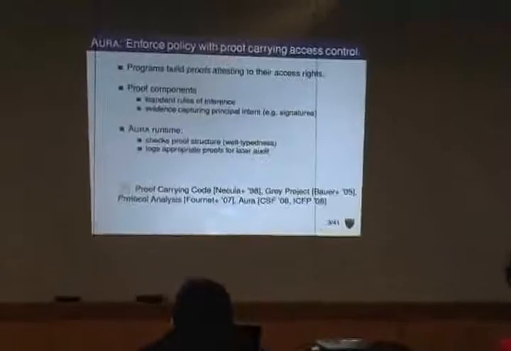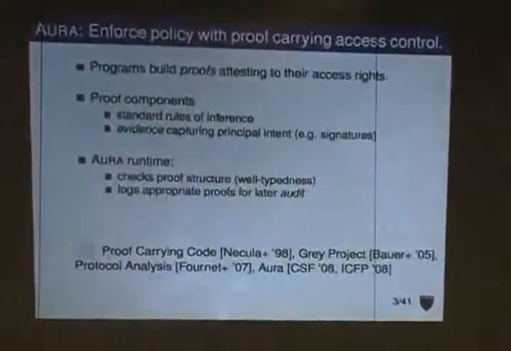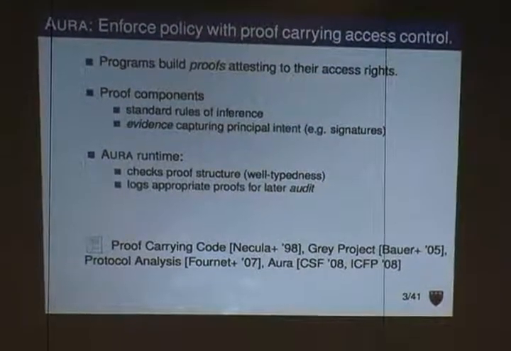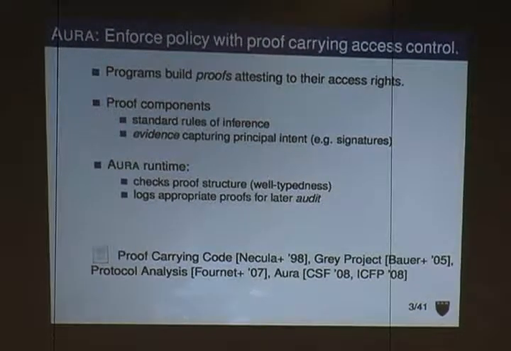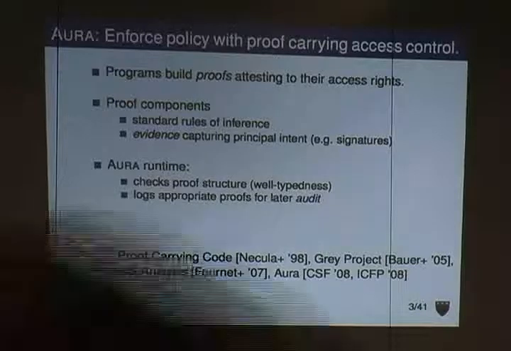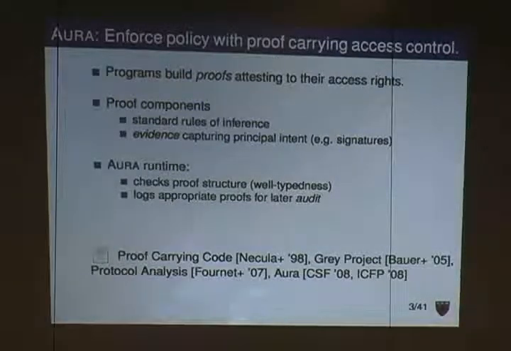And what proof-carrying access control is, is a notion that when we want to make an authorization decision, we're going to require that a process or principal presents, in hand, a proof that they should be allowed to get access to whatever they want to access. These access control proofs are going to be composed of two different things. First of all, standard rules of inference from higher order logic. So these are just rules that say, if A implies B and you can produce a proof of A, then you can use the combination of those like a proof of B.